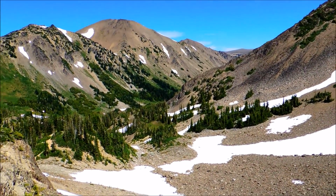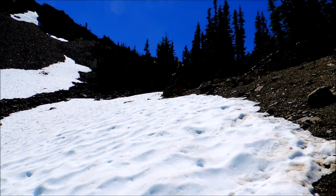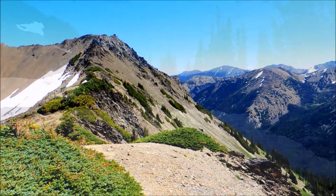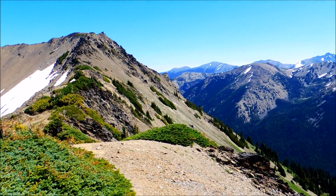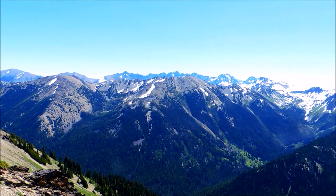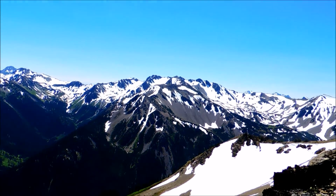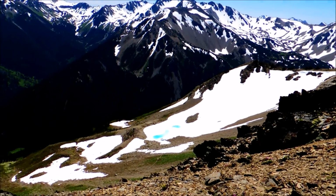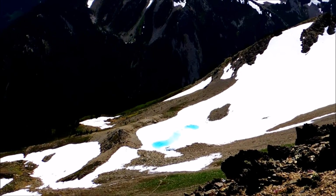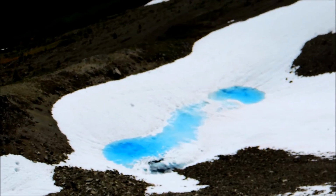It's a good look at the valley. And I'm up there. So we made it to the top of Grand Pass. It is quite grand. Like most passes, it's very windy. It's just a gorgeous blue lake down here. I don't know if it's a lake or it's just snow melt, but